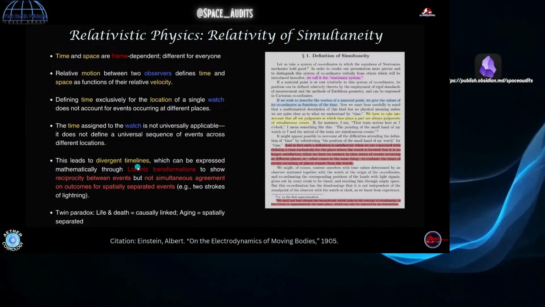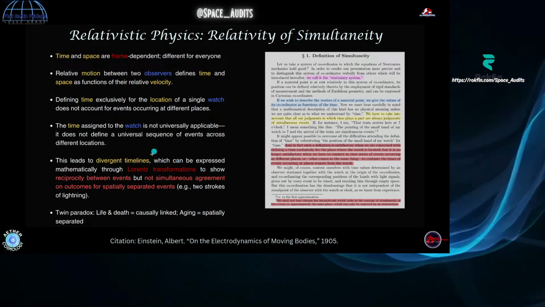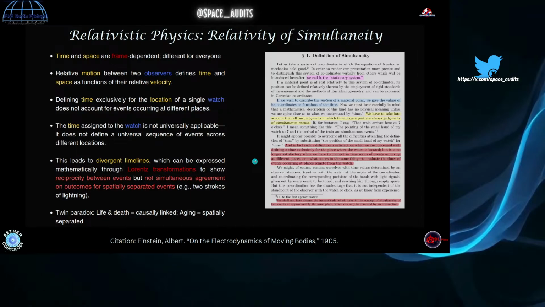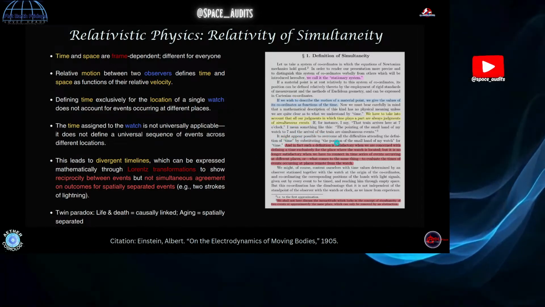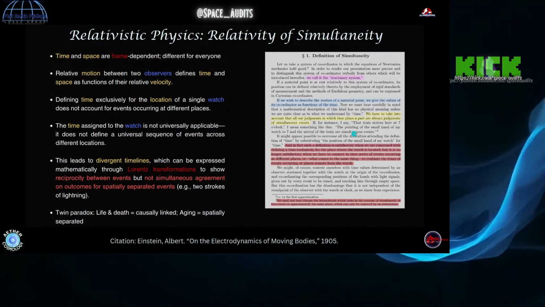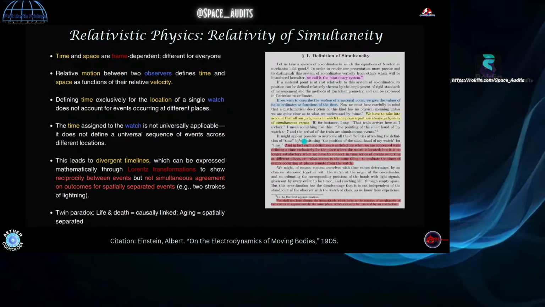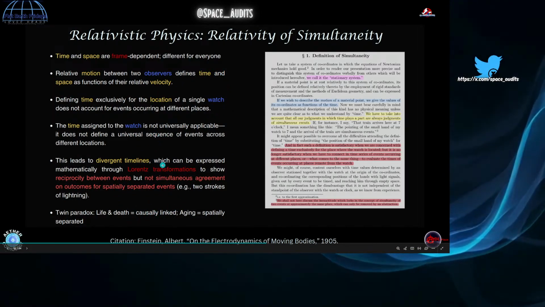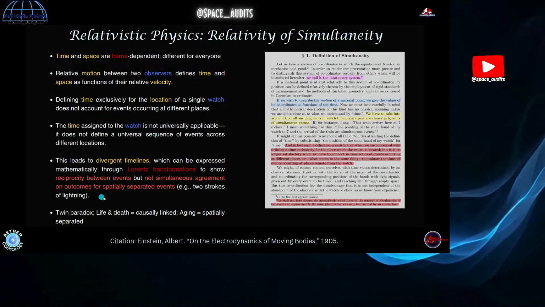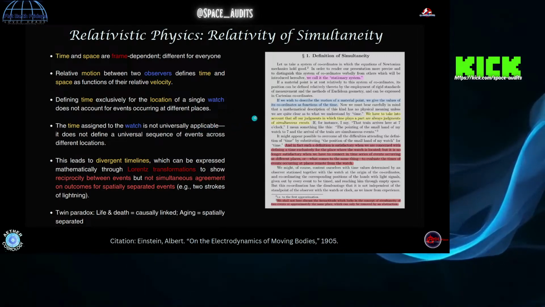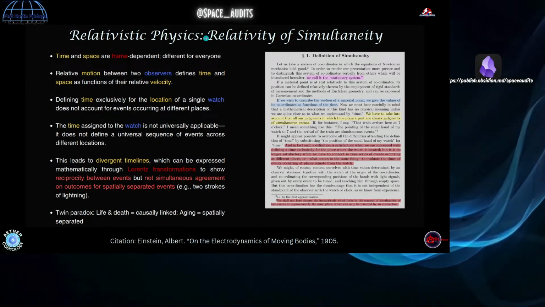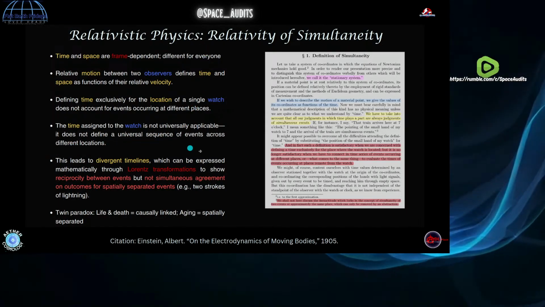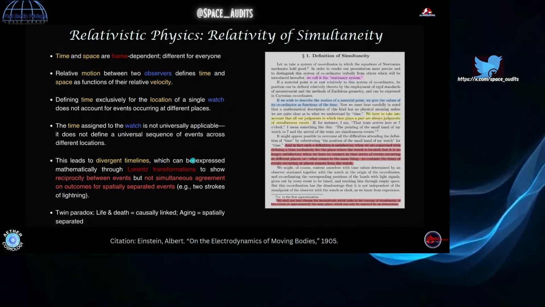So anyway, remember the rules of engagement for relativity theory are Lorentz transformations, and you have to show reciprocity between the frames and events, meaning they don't give simultaneous agreement for spatially separated events, i.e., two strokes of lightning, or in his case, the watch and the train aligning at the same time at 7 o'clock. It's not going to be simultaneous for other people. And if the frames have to be made to agree with the simultaneous event in reality, then simultaneity is absolute. And if there's an absolute, then you can't have this fantasy of relativism. So you need the clear distinction between the two, and you have to accept that.